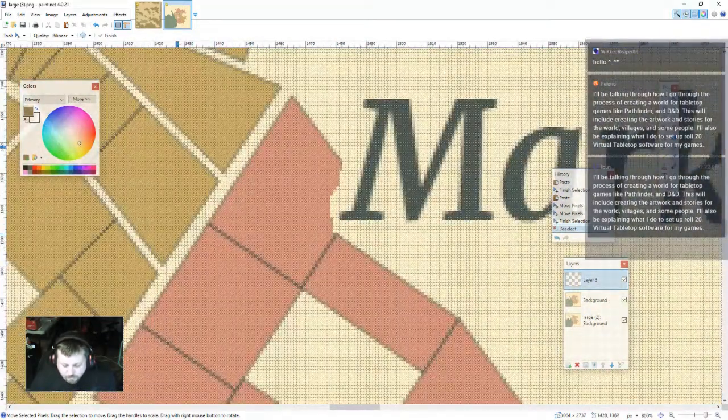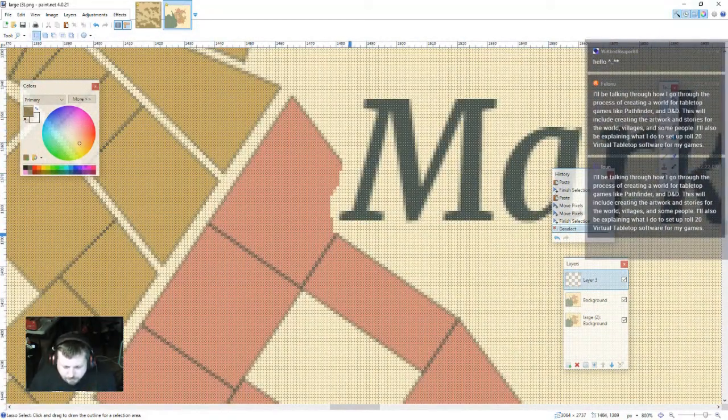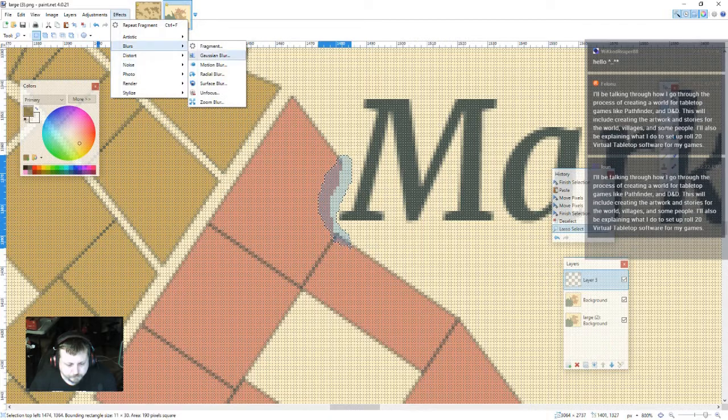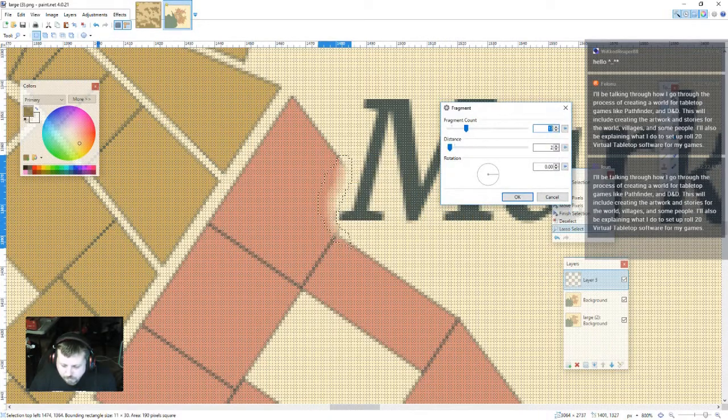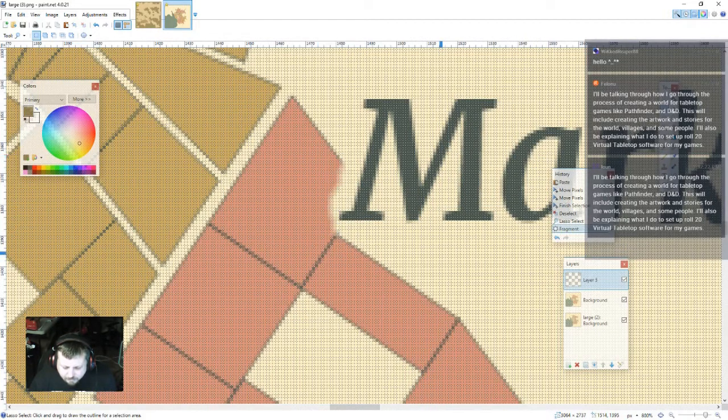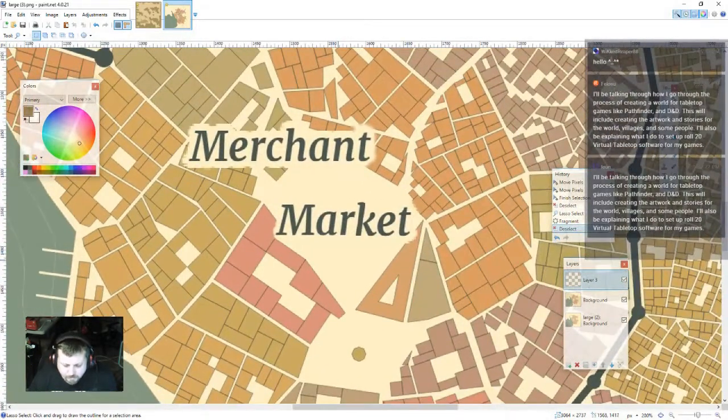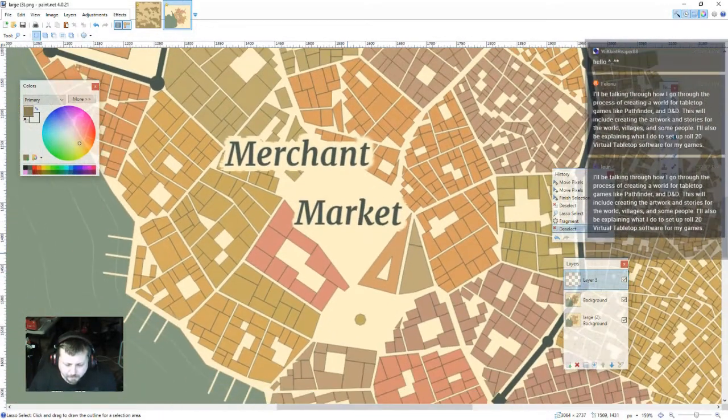Just blur out this little left section a little bit, like we did before. For the settings, I actually want to make the distance even smaller because the last one didn't quite fit exactly what I was wanting, and adjust the fragment count a little bit, make it a little bit closer to what the other ones look like. Again, it's still not perfect, but